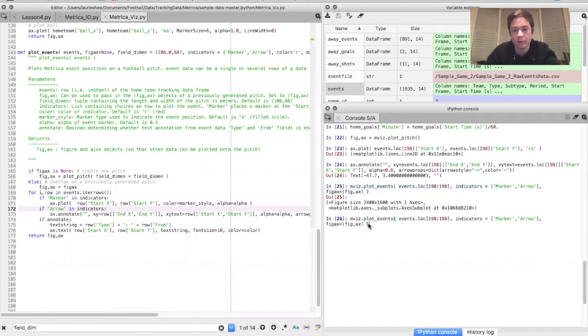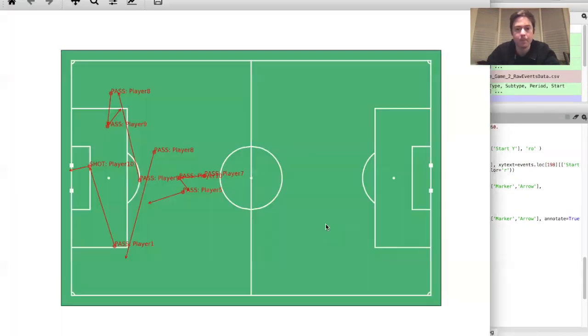So let's rerun this line here, but what we're going to do is get rid of this. So it creates a new figure, and then annotate equals true, add some text to the figure. So here you can see now that each pass is labeled with the type of event it is, in this case pass, and the player that made the pass, player 8. So you can see here it's clearly a pass from player 8 to player 1, and then to player 10